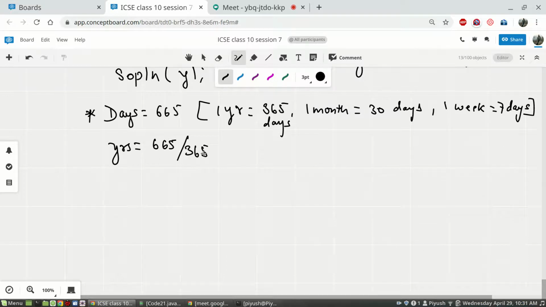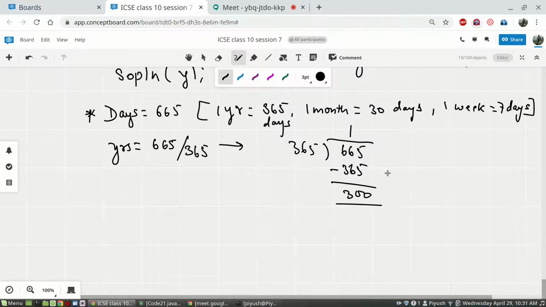We will see how to take the integer part. Let's say this gives us the quotient we have to take. When you are dividing 665 by 365, this part is 1. Fine, so this is the number of years.